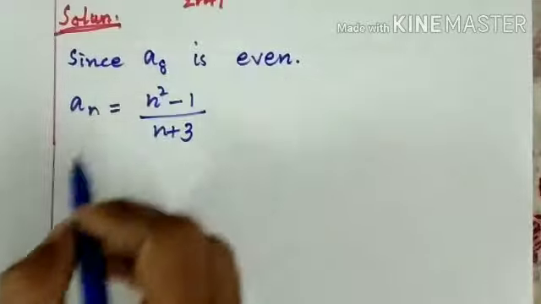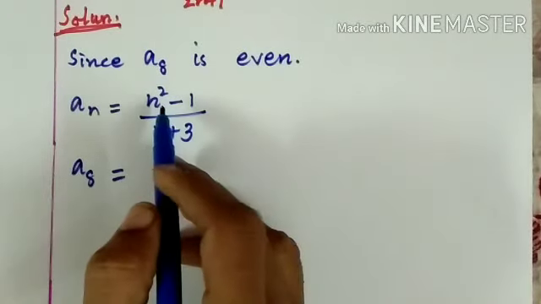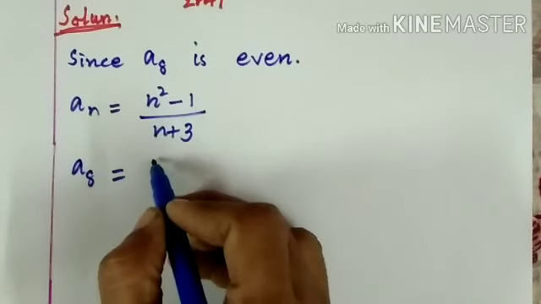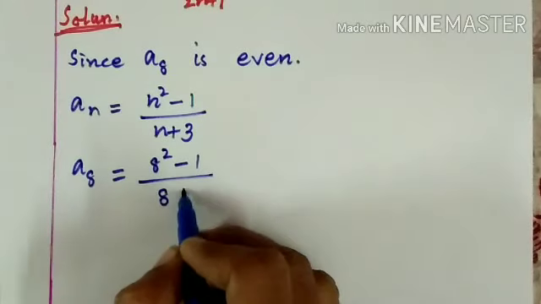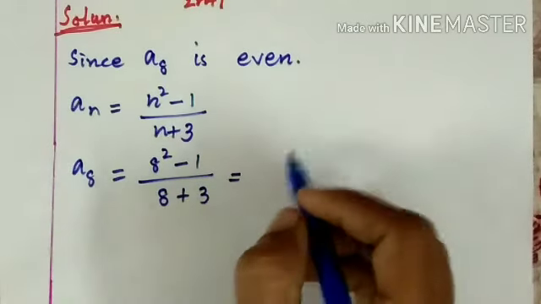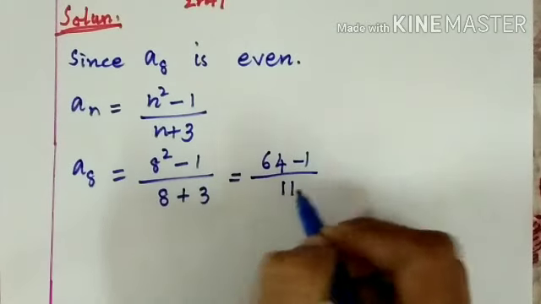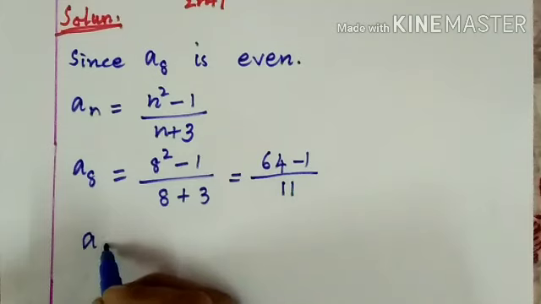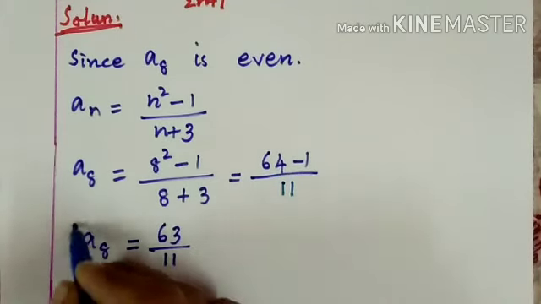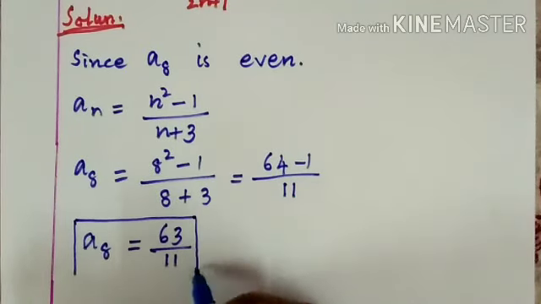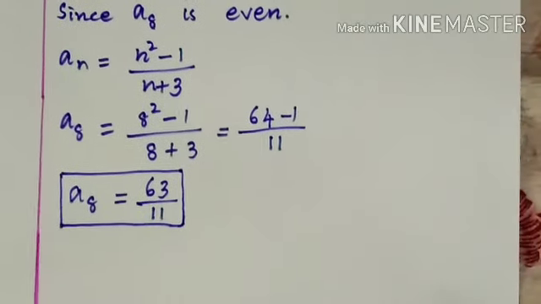For n equals 8, A8 is equal to, instead of n you have to apply 8, so we get (8 squared minus 1) by (8 plus 3), that is equal to (64 minus 1) by 11. A8 is equal to 63 by 11. This is the answer for A8. Next, you have to find